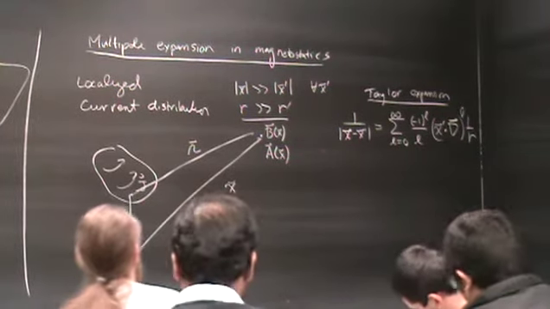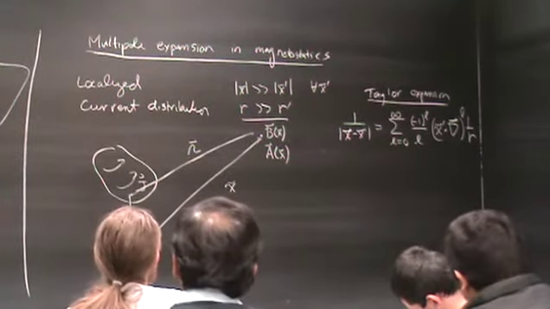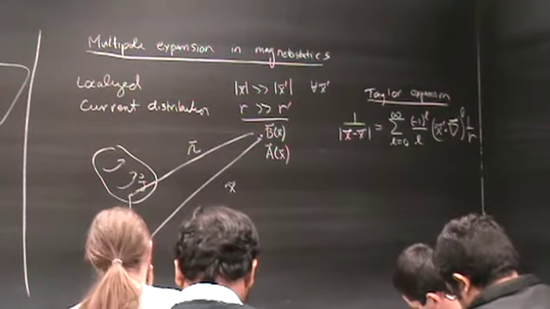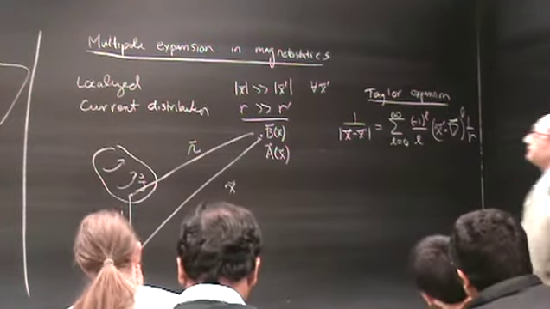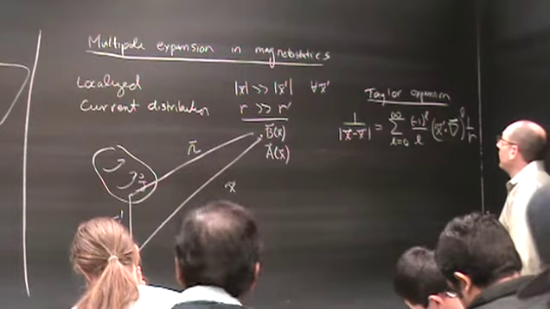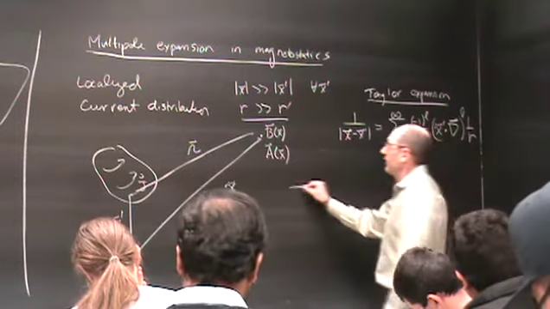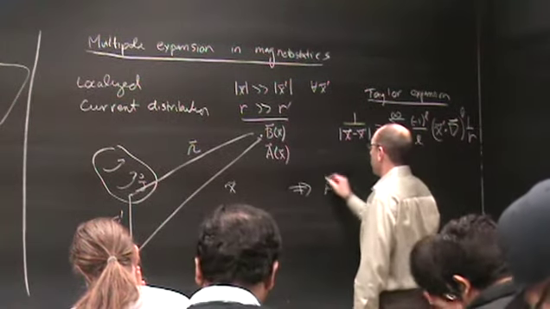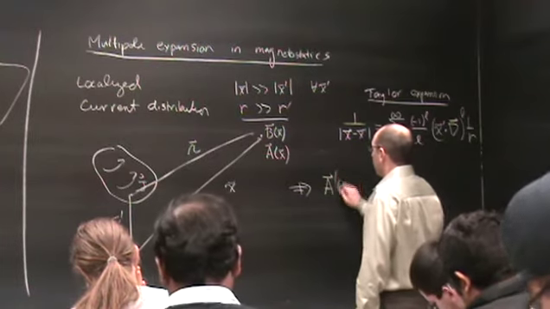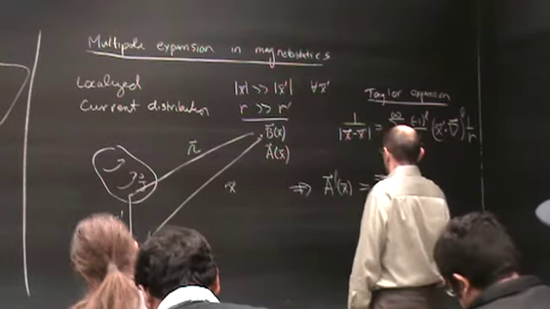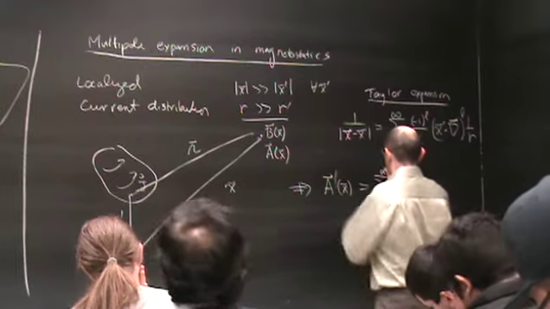That's the Taylor expansion about x prime equals 0. Okay? And thus we have the general form of the vector potential as a sum of multipole contributions,